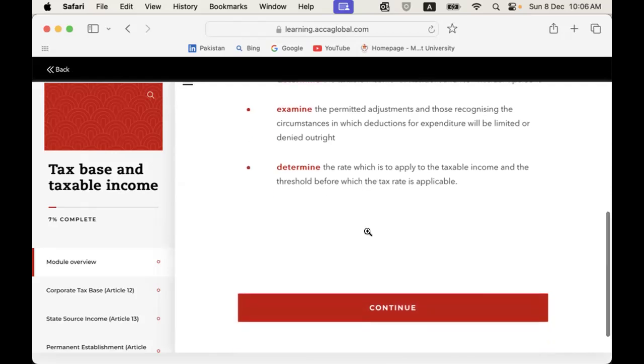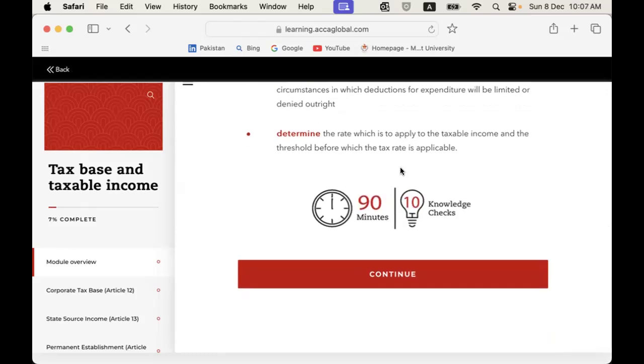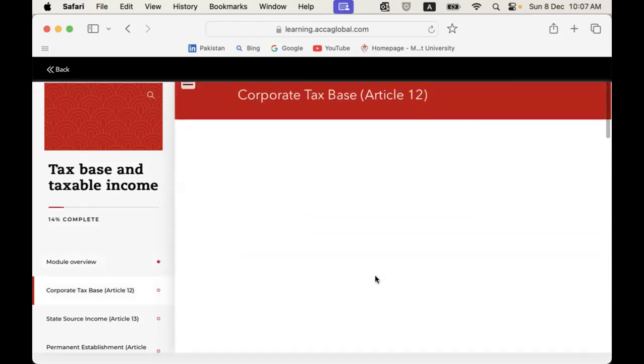And then the third thing that we are going to look at today is to determine the rate which is to apply to taxable income and the threshold before which the tax rate is applicable. So basically the application of the rate and how much amount will be zero rated. That's what we're going to look at today. Let us go to